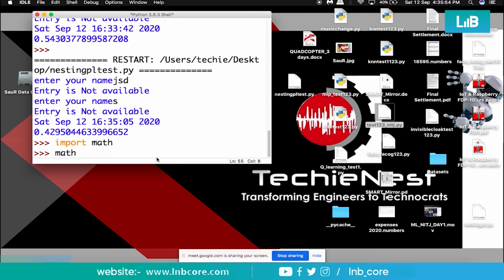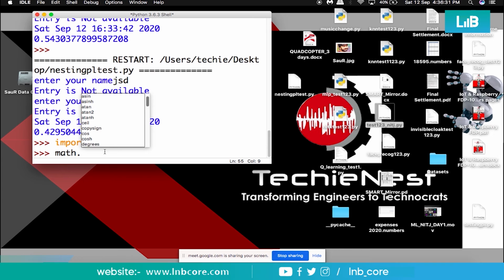You'll be surprised to know how Saurav knows about all the commands. No, I have no such memorization power. So what you can do is import any particular library, and use this particular method of getting to know how many commands are available inside it. So math dot, just put a dot after this keyword, and automatically it will show you the commands that are available to compute with this math keyword, right? These many commands can be directly used.